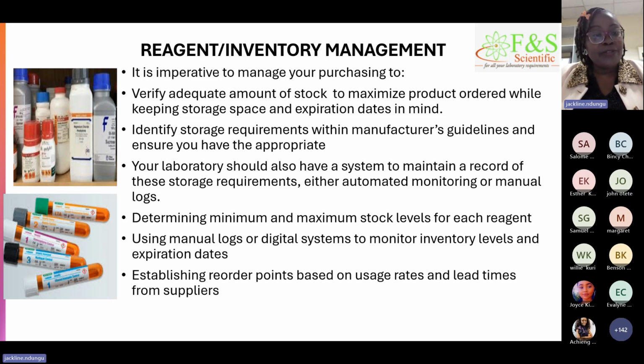Manage your reagents. You're not able to do IQC because you don't have QC. So manage your stocks, do projections, make sure that you're okay. Verify adequate amounts, and IQC, when it comes, also verify that the values you're getting are actually supposed to be